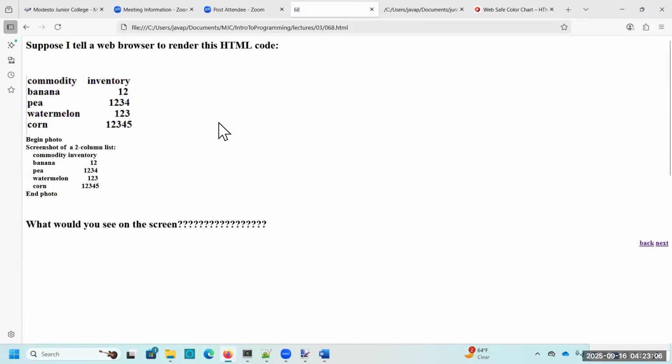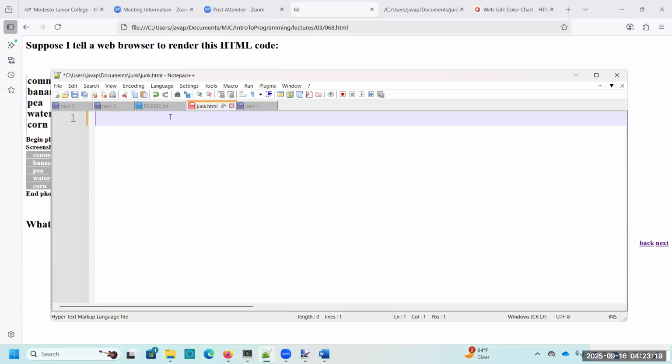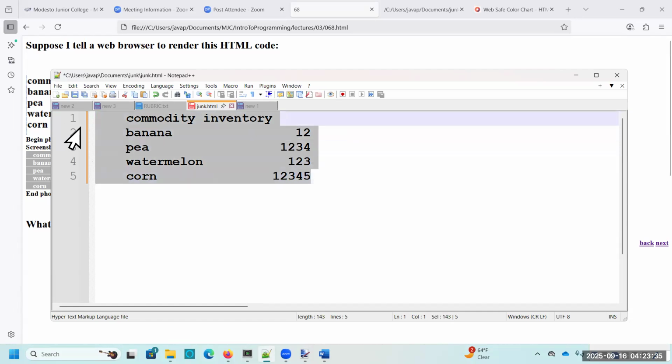Okay, let's move on to this one. I want to make a web page that looks like that. Okay, I'm going to start with this. We're going to have to rearrange the text, get it to look perfect. So we need to scoot this over. Let's scoot this over. Let's scoot this over. There, it's perfectly lined up. I want to write a web page that's going to produce that. And well, I said, well, that's easy. Just copy it out and